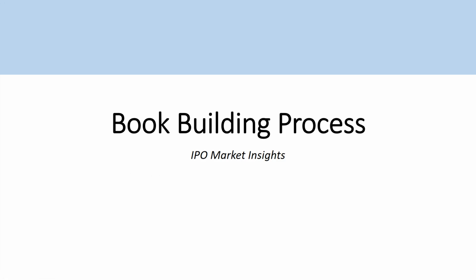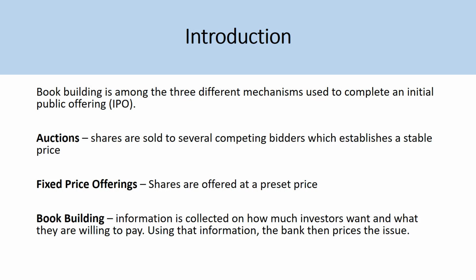Today we're going to be covering the book building process. Now, book building is among the three different mechanisms used to complete an initial public offering, an IPO. Now, the three mechanisms are auctions, where shares are sold to several competing bidders, which establishes a stable price. There's the fixed price offering, where shares are offered at a preset price, which is determined internally. And then there's book building, where information is collected on how much investors want and what they are willing to